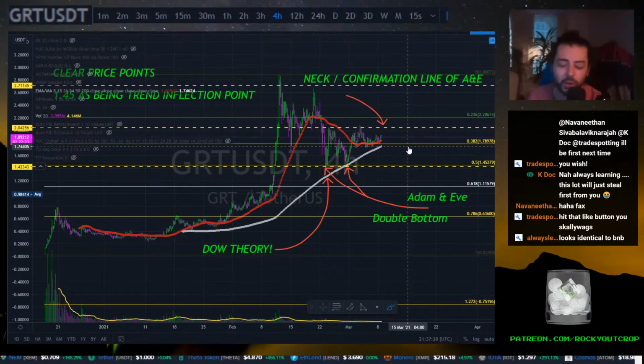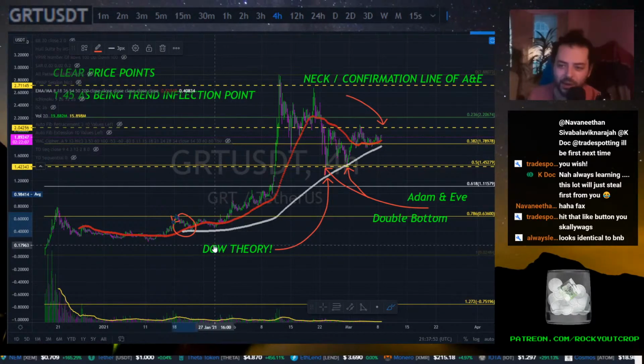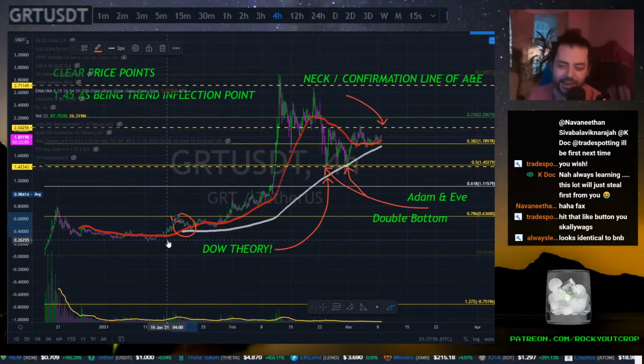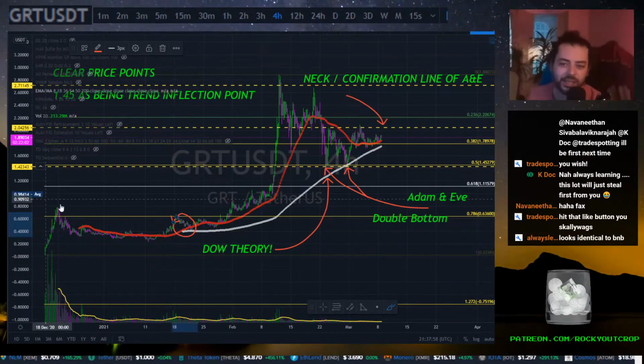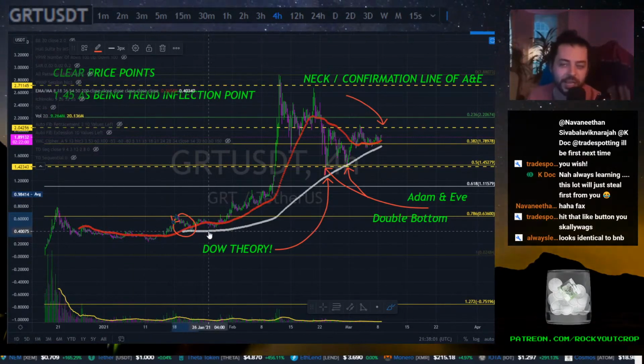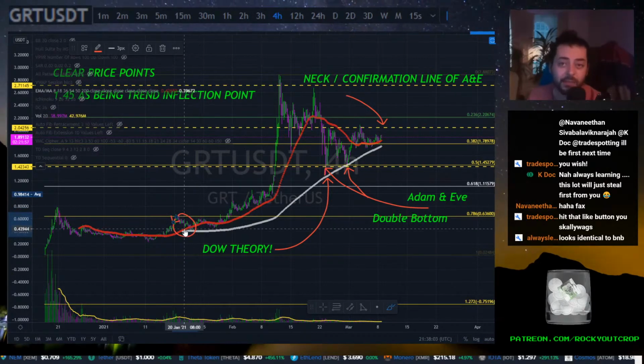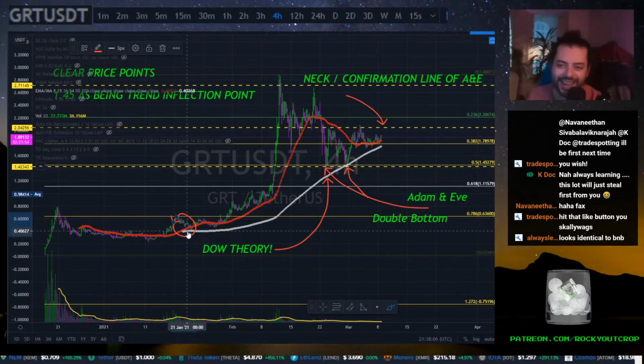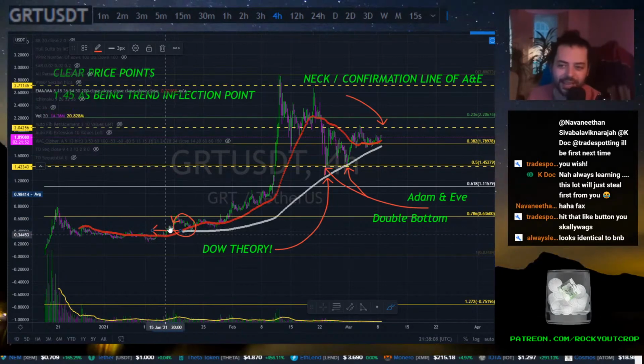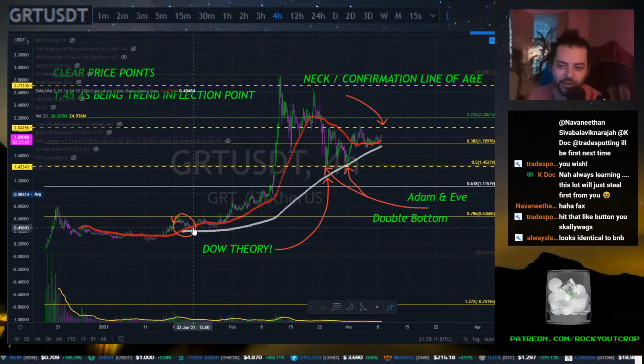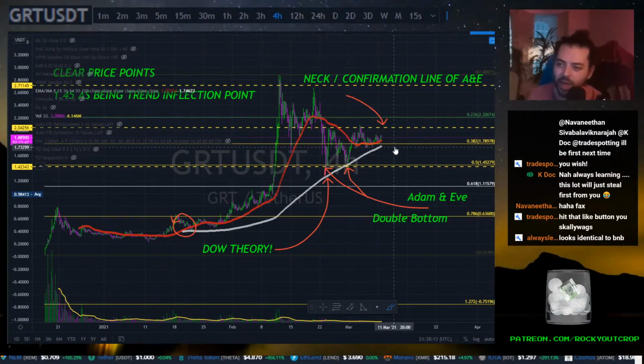Outcropticians out there all know it already. New family members might be less familiar with this, but outcropticians know this. If we were to see these cross again, the general expectation would be to see a retest of them, much in the same way as we saw a retest of them over here. This is obviously not entirely accurate to say, because there isn't enough price history for this 200 simple moving average to have crossed like this, but you can tell that if you were to extend it to the left they would have just crossed, and then we had a retest of the 50 and the 200 simple thereafter,